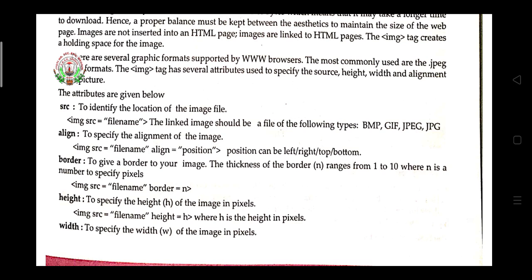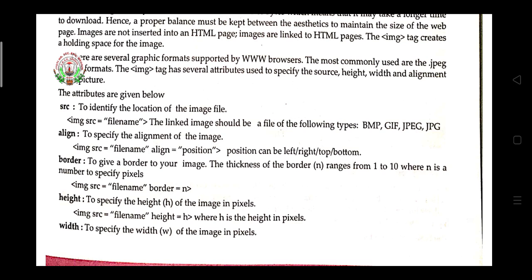Where you want to insert it, you have to give align equal to a value. Then border, to give a border to your image. The thickness of the border ranges from 1 to 10, where n is the number of specified pixels. So if you want to give a border to your image, you have to mention it inside the img tag after src: border, and then write a value from 1 to 10.